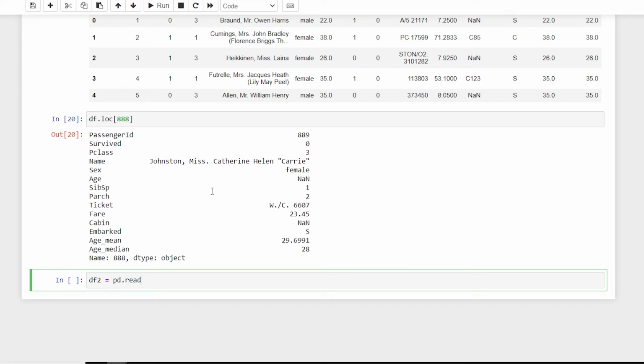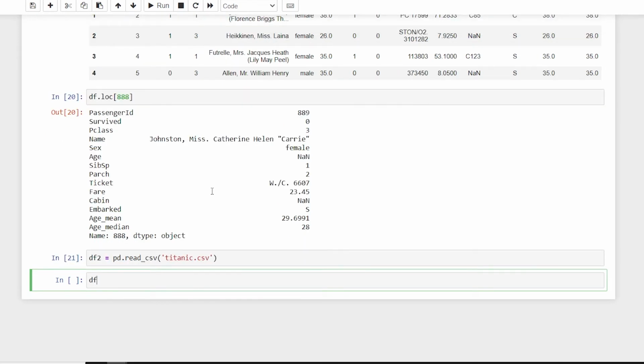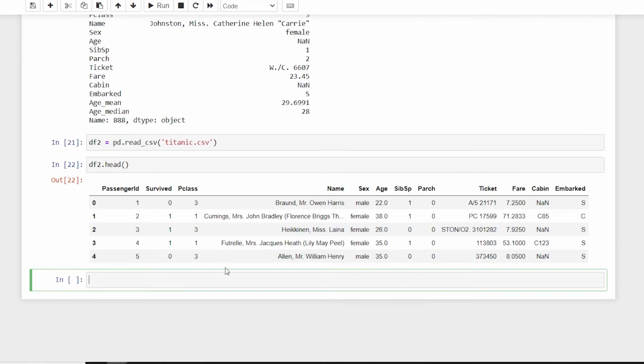I'll say pd.read_csv with the Titanic CSV. This is a new data frame, and now I'll say df2.head, and we have it. Now from sklearn.impute, which is one of the methods, I'll import SimpleImputer. Now I'll make a variable.